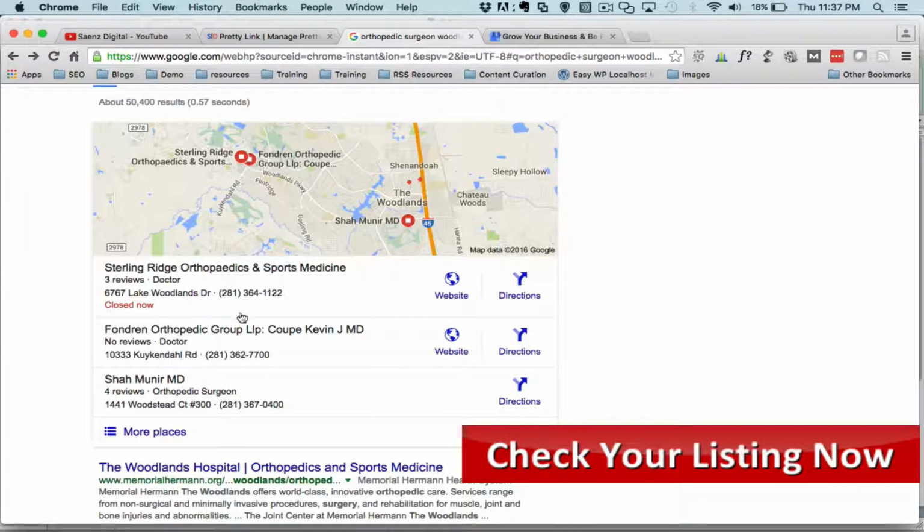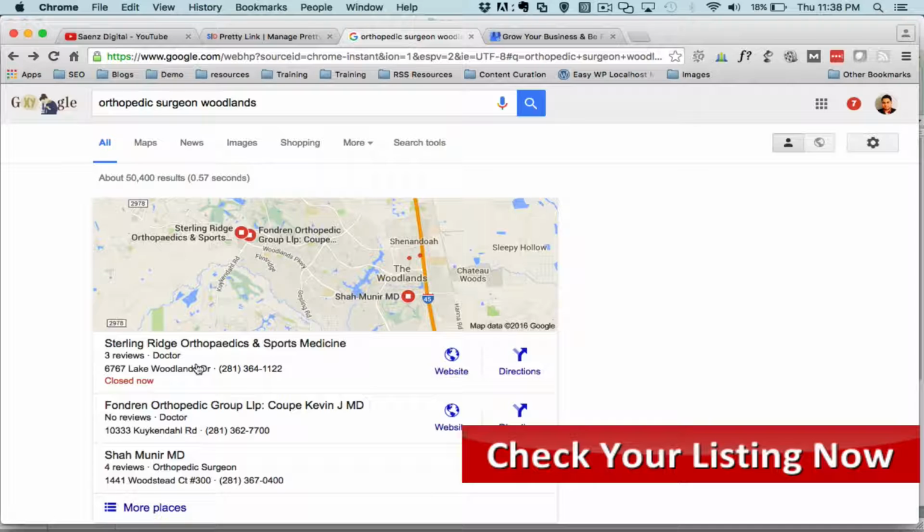And so it's going to serve up this map pack here. So without you having a presence in here, if you don't have a listing created for your practice, then you're never going to show up in here. The other thing that you're never going to show up for is when somebody does a search on a mobile device. So if somebody searches for, let's say, orthopedic surgeons near me or near the Woodlands from an iPhone or